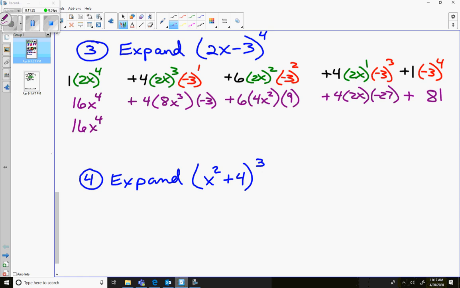One positive, or positive, then a negative, it's going to make it all minus. 12 times 8 is 96, x cubed, plus 9 times 4 is 36, so this is actually 6 cubed. So 216x squared